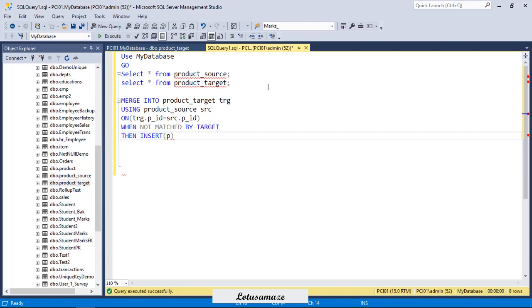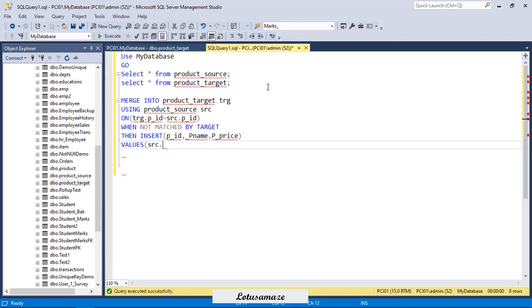Say PID, then PName and PPrice. These are the list of the columns, and values from the source table, because the data exists in the source table but does not exist in the target table. So the merge statement will insert that data into the target table.